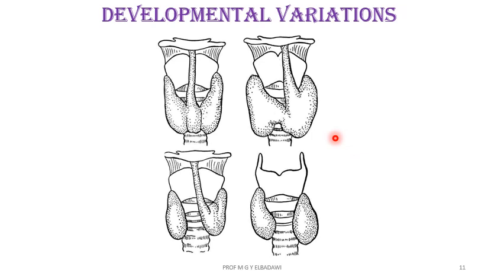There are other variations of the thyroid gland during development. The position of the pyramidal lobe here, which could continue as a gland up to the hyoid bone, as a lobe of the gland, could come from the left side or the right side. There is no isthmus, and the pyramidal lobe and part of the gland go up to the hyoid, and here there is no isthmus, and the two lobes are normal, being an endocrine gland.